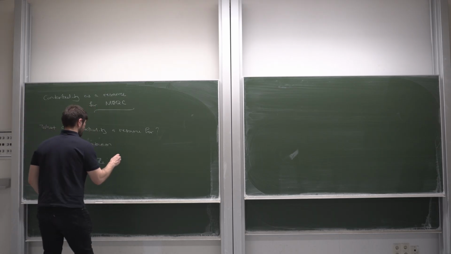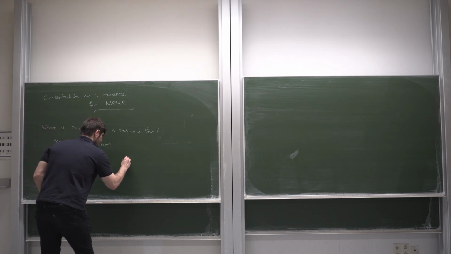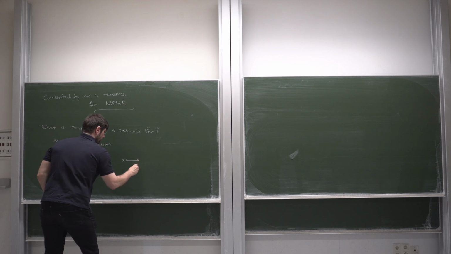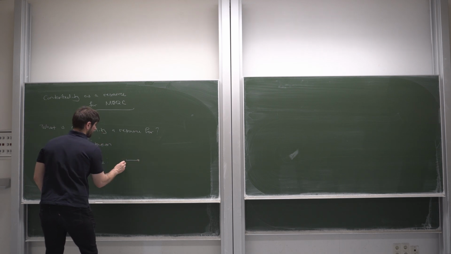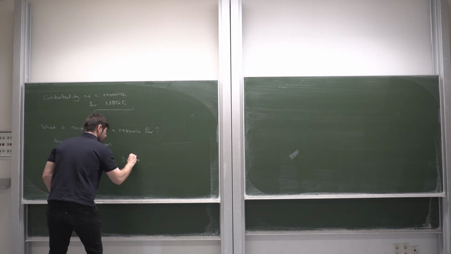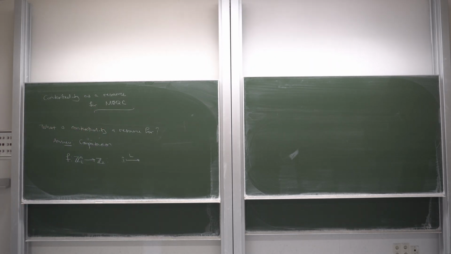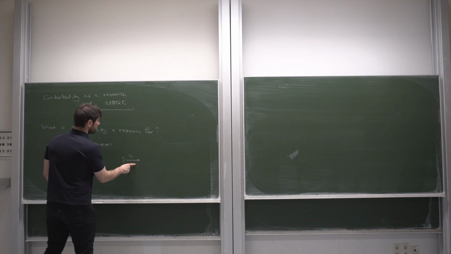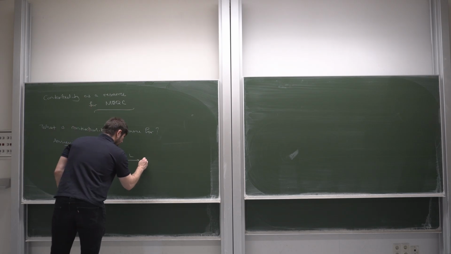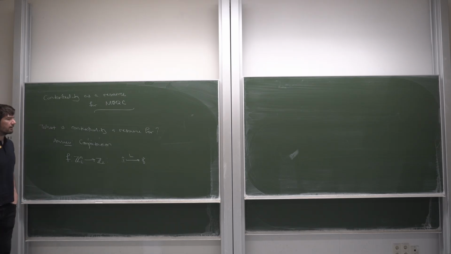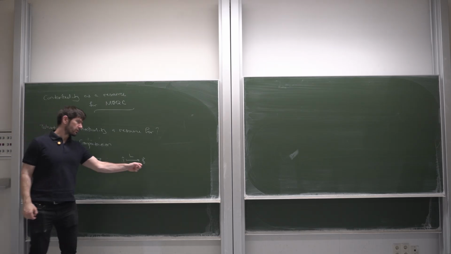So say you have some input bit string x, and you use what we're going to end up calling a linear side processor, and you modify it to some new bit string q,